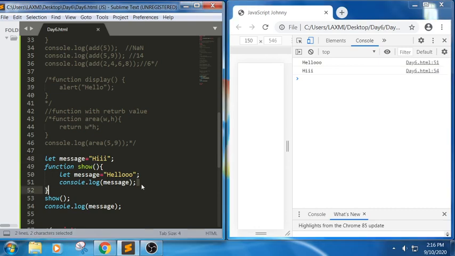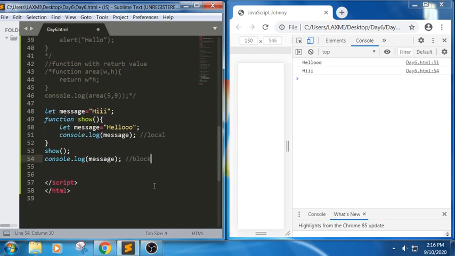It is a global value, in the sense the value defined outside the block. So we got hello and hi here: within the scope we got the value, and we got the value outside the scope also.